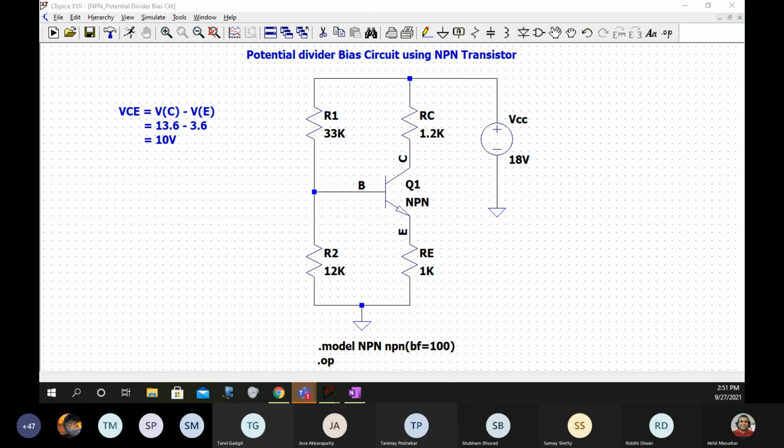Aryan, Malika, Sarvesh, are you getting this? Satyen.